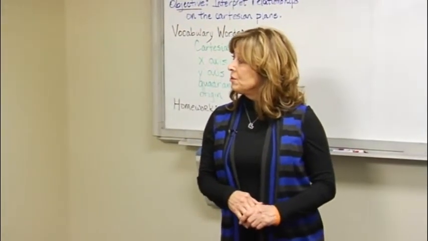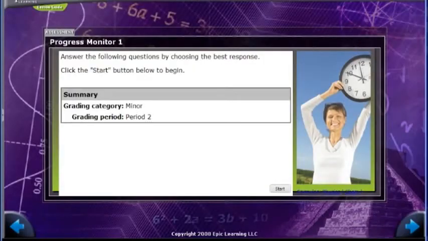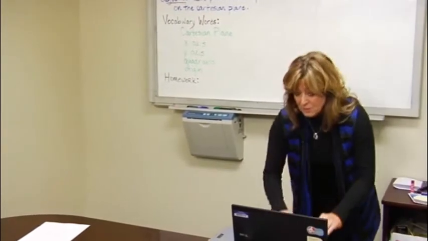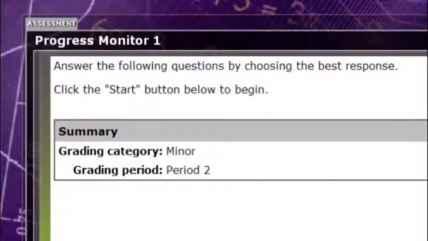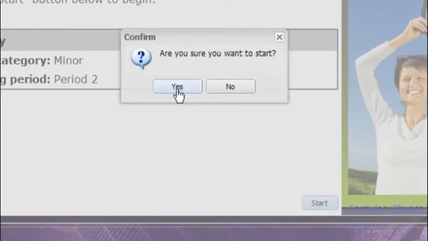So we're going to now do a quick check for understanding, and we're going to do this as a group exercise. We're going to do the check for understanding first, and then of course the assignment will be something that you'll be responsible for homework. So as we all click on our start button, yes,